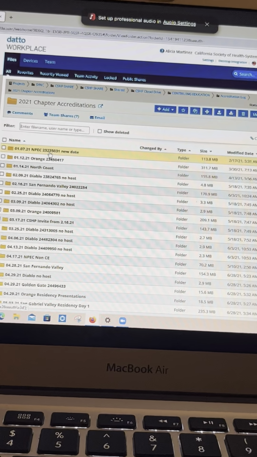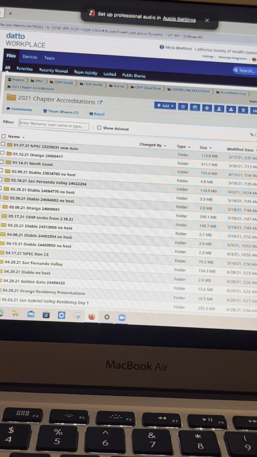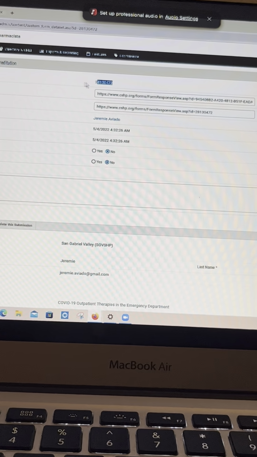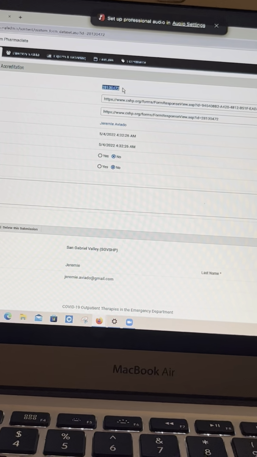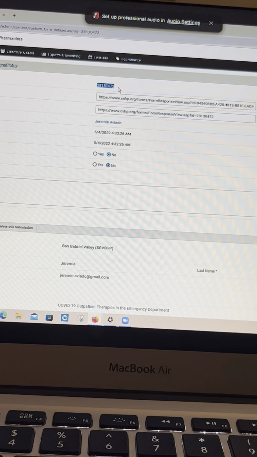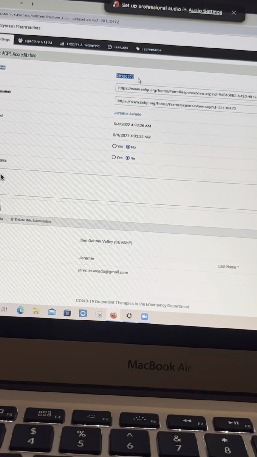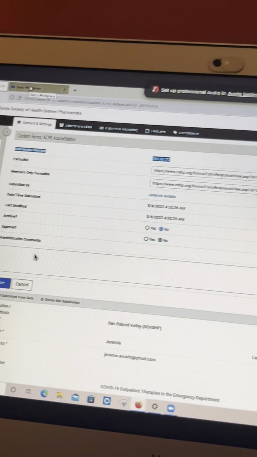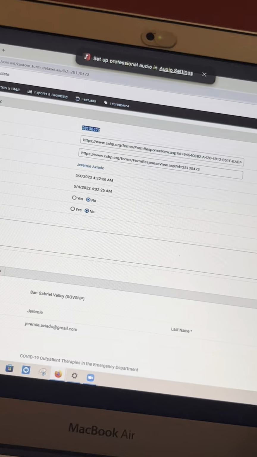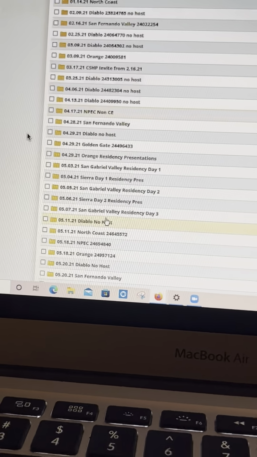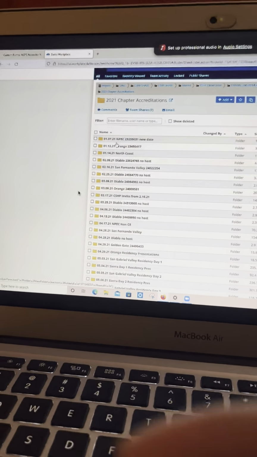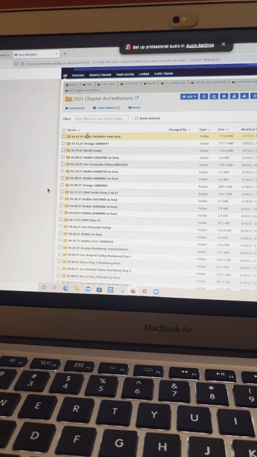This number, this 23 whatever, is this submission number right here. But I found that I don't really refer to it as often. But if you, I don't know. Cindy used to track it, so I tracked it, but I never referred to it. I just kind of put it on the spreadsheet just in case I needed it. Okay. But to be honest, I never needed it. Okay. So within these folders here,